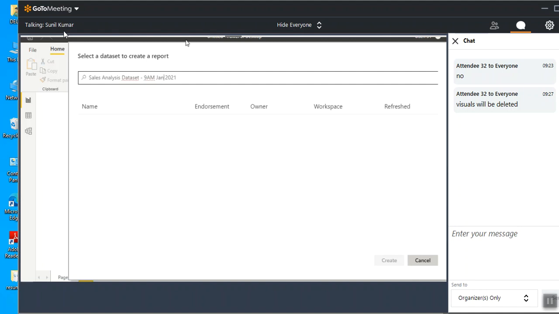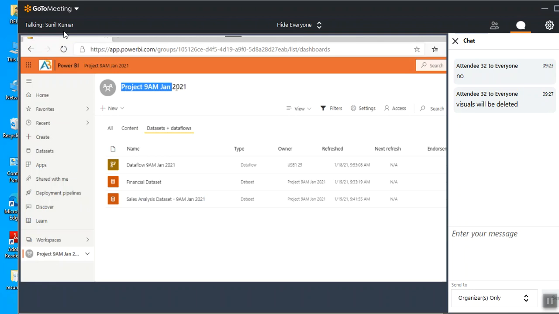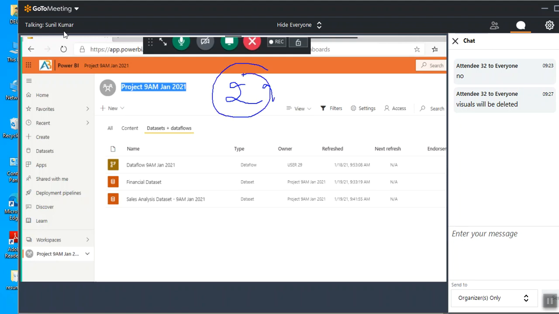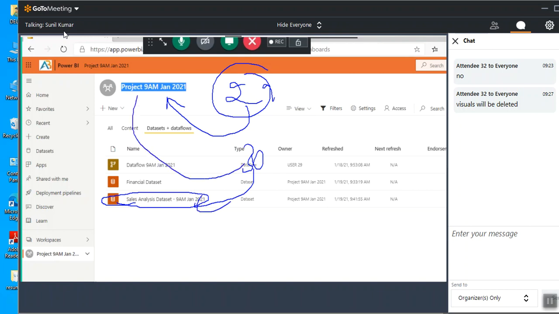Initially, when we created this workspace, only user 29 was there in that workspace. We added only user 29 there, so only user 29 accessed this data set. When user 30 wanted to access the same data set, what did we do? We added him to the project workspace.